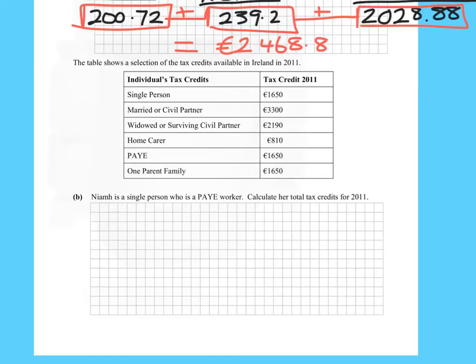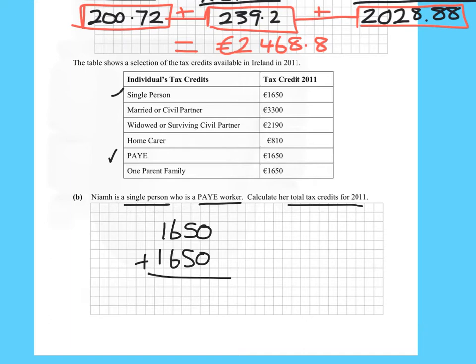Okay, the next part is just about tax credits and how sometimes they calculate tax credits. This is actually a really simple question. They gave you this table of tax credits for different types of people. Niamh is a single person, so there's a tax credit for a single person, and a PAYE worker, there's a tax credit for a PAYE worker. Calculate her total tax credits. All you're doing there is 1650 plus 1650, the two tax credits for a single person PAYE worker, and you're going to get